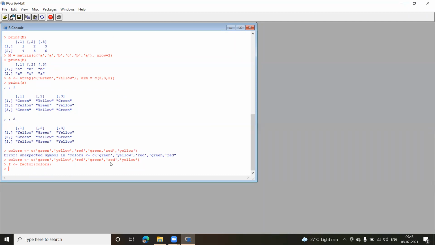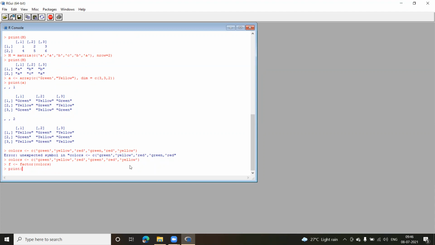Red is appearing twice, green is also appearing twice, and yellow as well twice. So these are not unique values. But in case of vectors, as I said, levels are created. If I display the factor here, it is going to give me all the values. But if I want to know the unique values, there's a function called nlevels, which I'll be showing you now. So let us print this first.